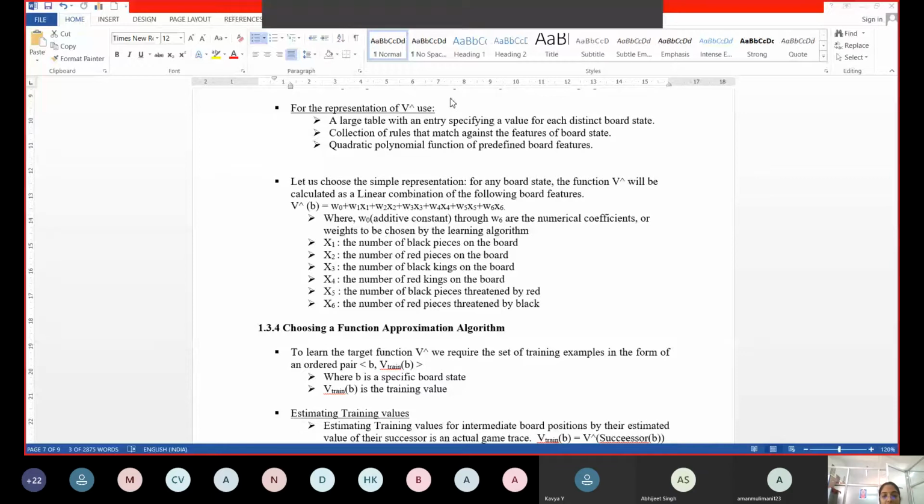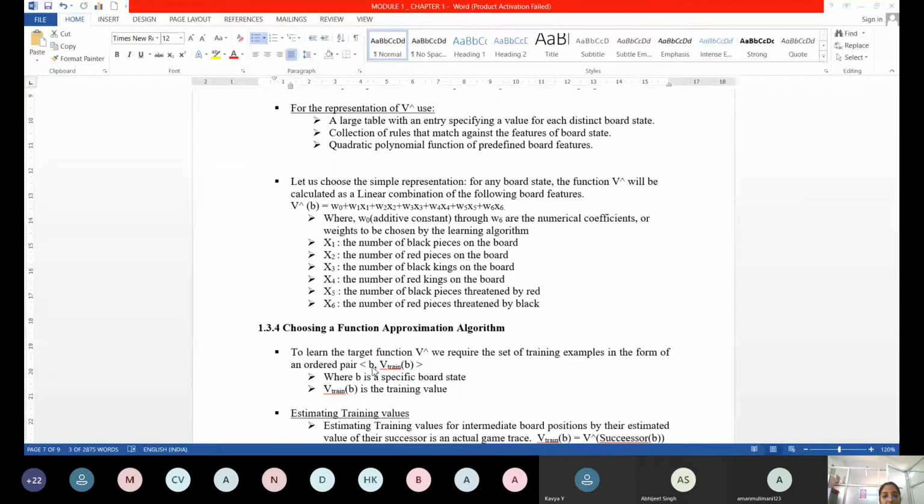With every board. So now, how is my training data used? You just consider a table of values. Yesterday, I told you we have a large table of entries where every cell has a board state, and a value is associated with every board state. So based on the maximum value, you're going to choose your next move, right?